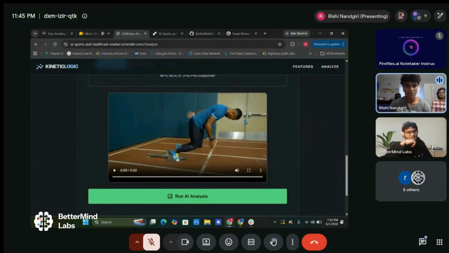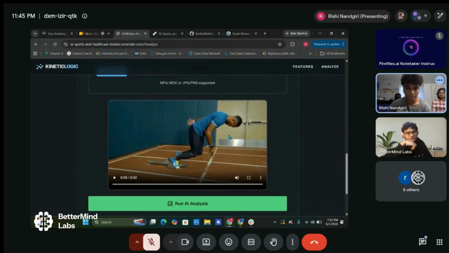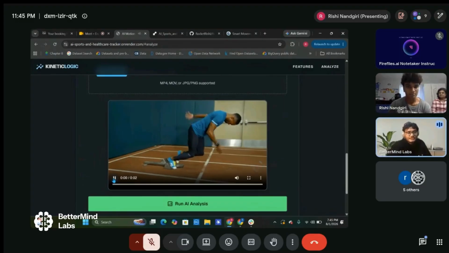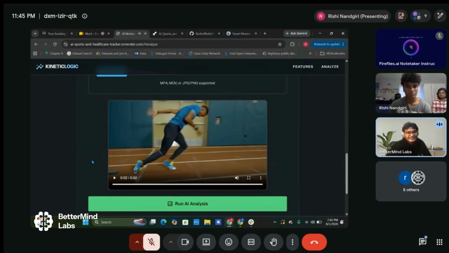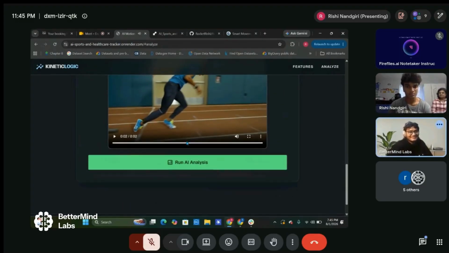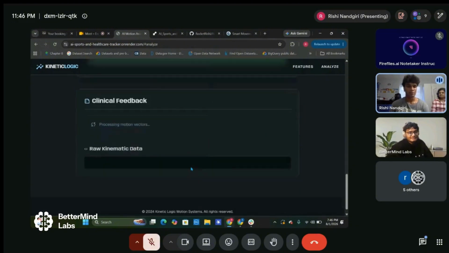and it gives you a visual output of the video. Can you play the video real quick? I want to see this. Cool. So once you're done uploading the video, you can click this one, AI analysis, and